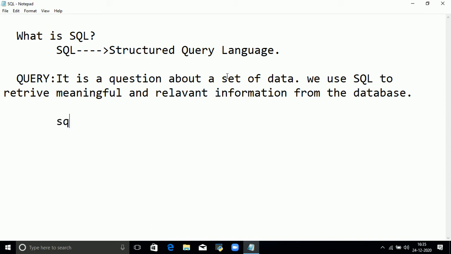So SQL is a structured query language. So we have to use queries to access the data within the database.